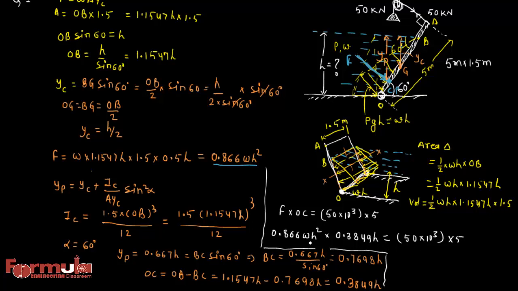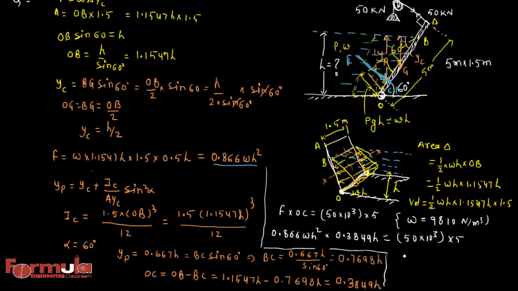So in this whole equation there are two seemingly unknown terms, W, that is the specific weight of water, which is not unknown, actually, the value we know. For water, W will be equal to 9810 Newton per meter cube. So this is known, and the only unknown term is H, that is the height of water up to which the system is completely balanced, or beyond that height the gate just starts to fall. So from here we can calculate H.